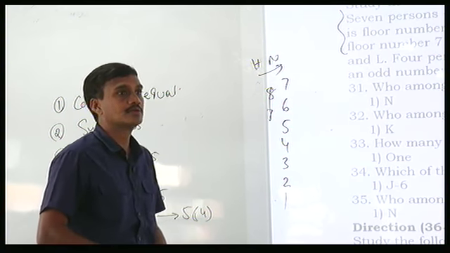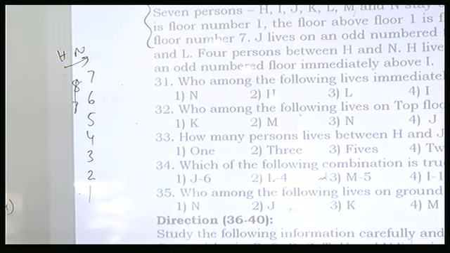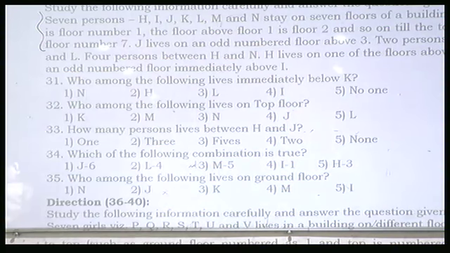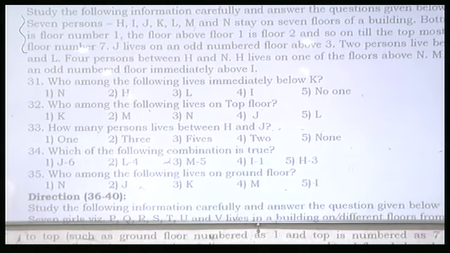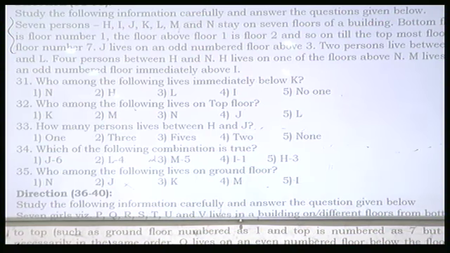Then 7 persons stay on 7 floors of a building. Bottom floor is floor number 1, the floor above is floor number 2 and so on till the topmost floor is floor number 7. Okay? Then J lives on an odd number floor above floor 3, as it was given in the examination, that notation. Now in the second slot he has used this term, and in the first slot